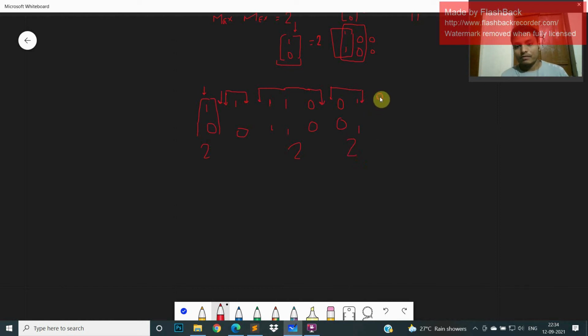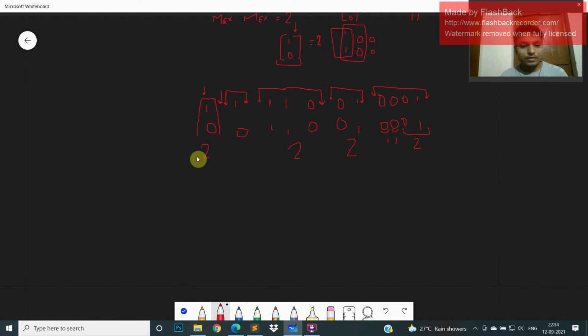If this is the scenario, like 0 0 and then 1 1, then with 0 0 we just move forward, and here we encounter 1. So the best case is that we take this as one substring, and these are different substrings, so the MEX will be 1, 1 and 2.